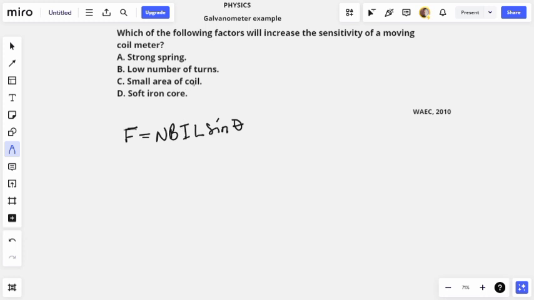Area of the coil needs to be large. And then D, soft iron core. Due to the theory of electromagnetism,